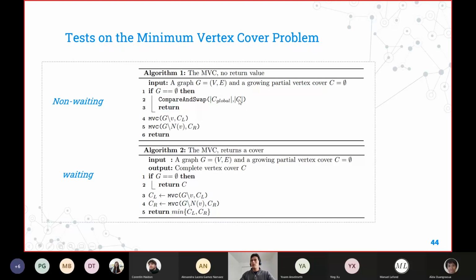That's what it does. The waiting version is doing something different. When it reaches this terminal condition, it returns the actual result. And then this scope is in charge of comparing the two results, which then returns the cover with the minimum size.